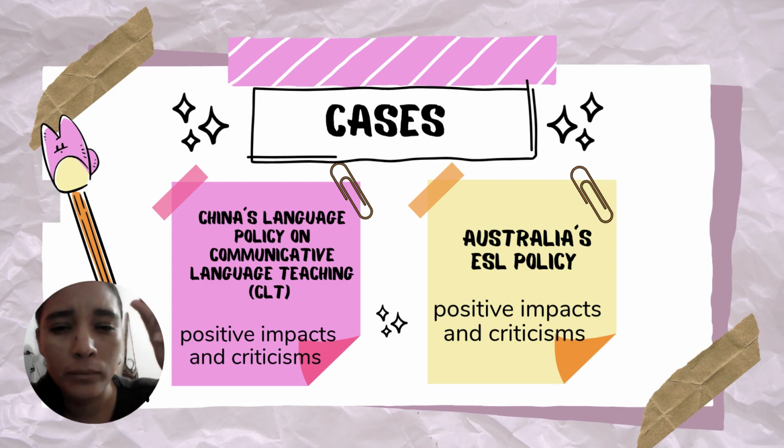Focus on practical skills: by promoting CLT, China aimed to shift away from traditional grammar-focused teaching, emphasizing skills that are more applicable in real-world communication. Increased national standards: